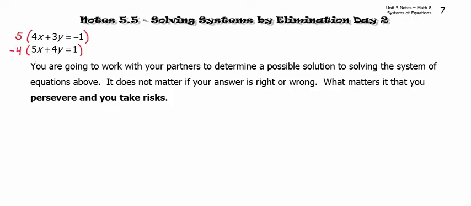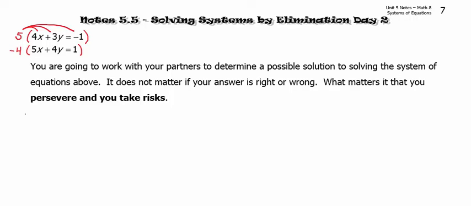Okay, so what I have right now is I've started the modification process so that the x's will eliminate, and what I'm going to do is turn one of the x's into positive 20, that's from equation 1, the other x into negative 20. Then they will eliminate. Now remember, when we have the number outside, when we're modifying the equations, we need to distribute. So what we have down here is